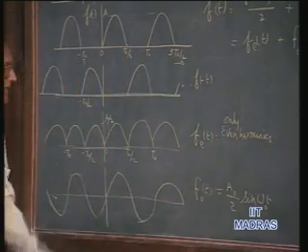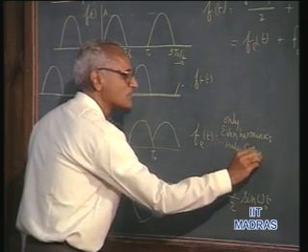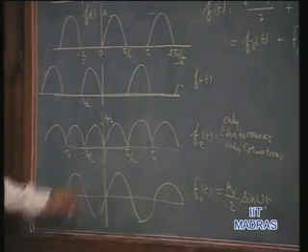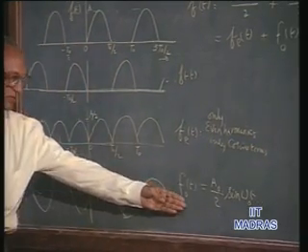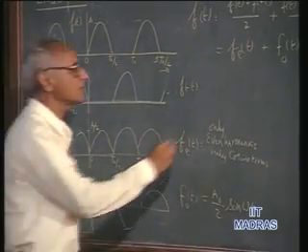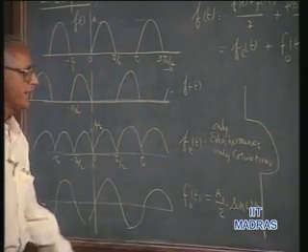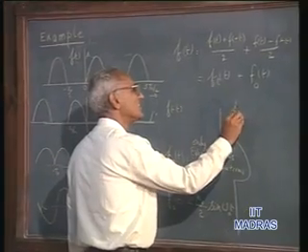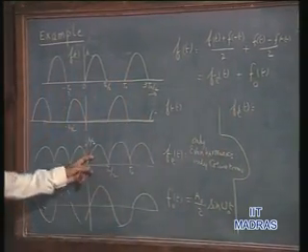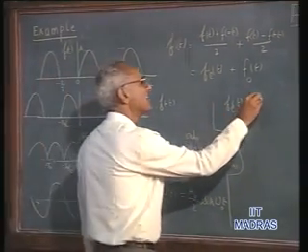And since the function is even, only cosine terms will be present. So if you make the Fourier series expansion of this and add to this the Fourier series expansion of f naught of t, which is this, then you get the Fourier series for the entire function. So let us do this. Fe of t, suppose, as a DC term, the average value of this, as you know, any sinusoid, we are talking about the absolute